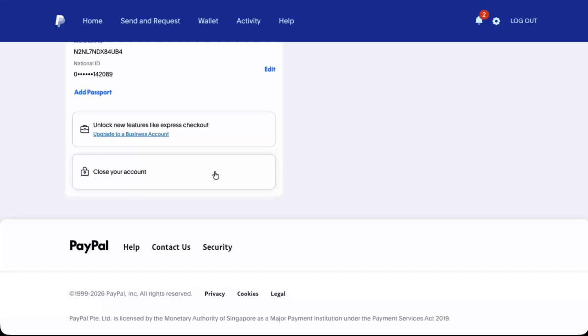Once your account is closed, you can go back to the PayPal homepage and sign up for a new account. During the sign-up process, pay close attention when you select your country or region. Choose the country you want the account to be registered in. For example, if you want a UK address, but you're currently using a US account, you must close the US account first, then create a new one as a UK account, and set your UK